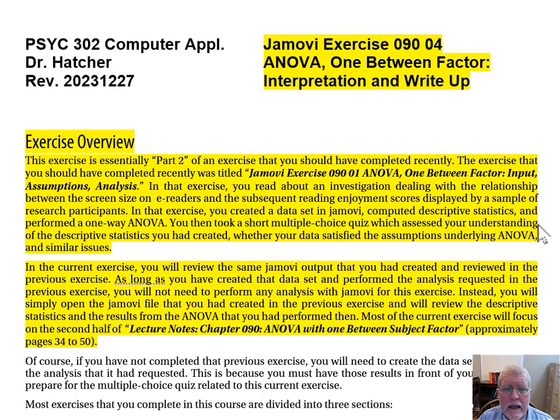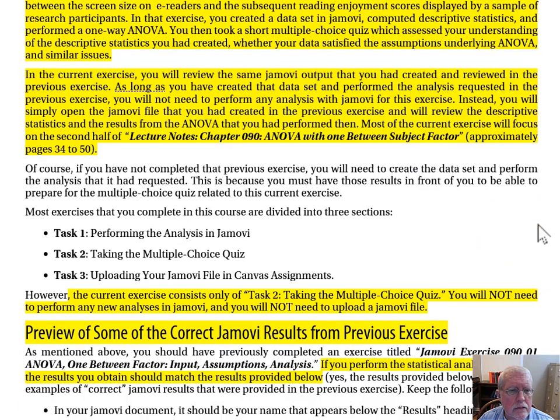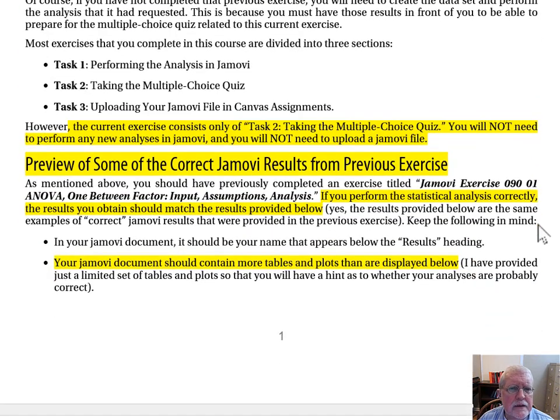Let's scroll down a bit. I'm still on page 1 of the exercise. The current exercise consists only of task 2, taking the multiple choice quiz. You will not need to perform any new analyses in Jamovi, and you will not need to upload a Jamovi file. Basically, we'll use the study guide in task 2 to prepare,